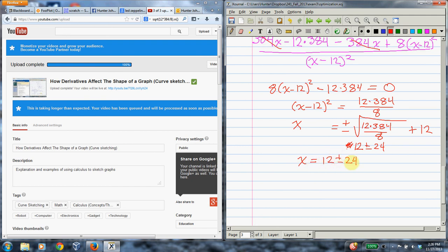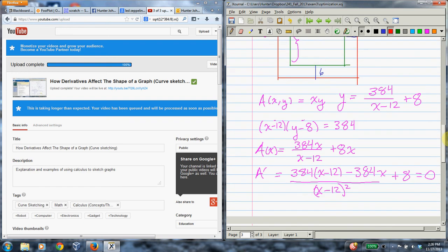Alright, so this is what we've derived, but we don't need to worry about the negative possibility because x has to be a positive amount because this is a geometry question. So what we really have is x equals 12 plus 24 is 36. Okay, and if x is equal to 36, then it should be pretty easy to figure out what y is